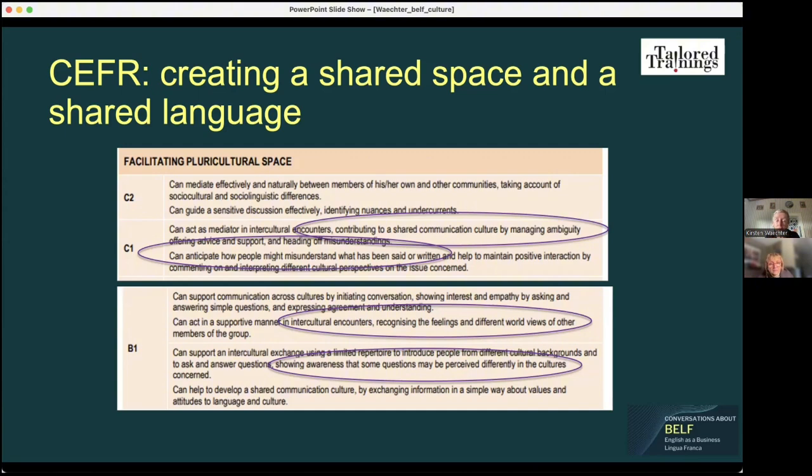But even at a B1 level, because you know that things are different, you can act in a supportive manner in intercultural encounters, recognizing the feelings and different worldviews, or showing awareness that some questions may be perceived differently in the cultures concerned. Because we know that most of our misunderstandings in a BELF context are not linguistic. They can be sociolinguistic, but they're actually misunderstandings that come from a different cultural background or from different cultural